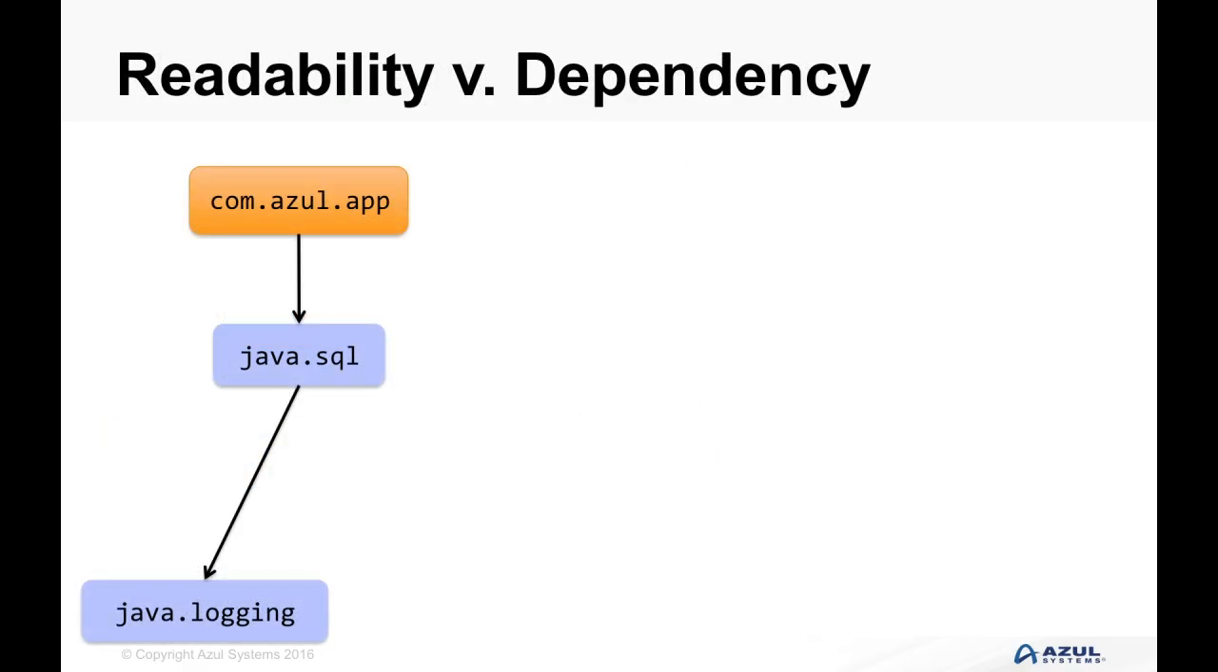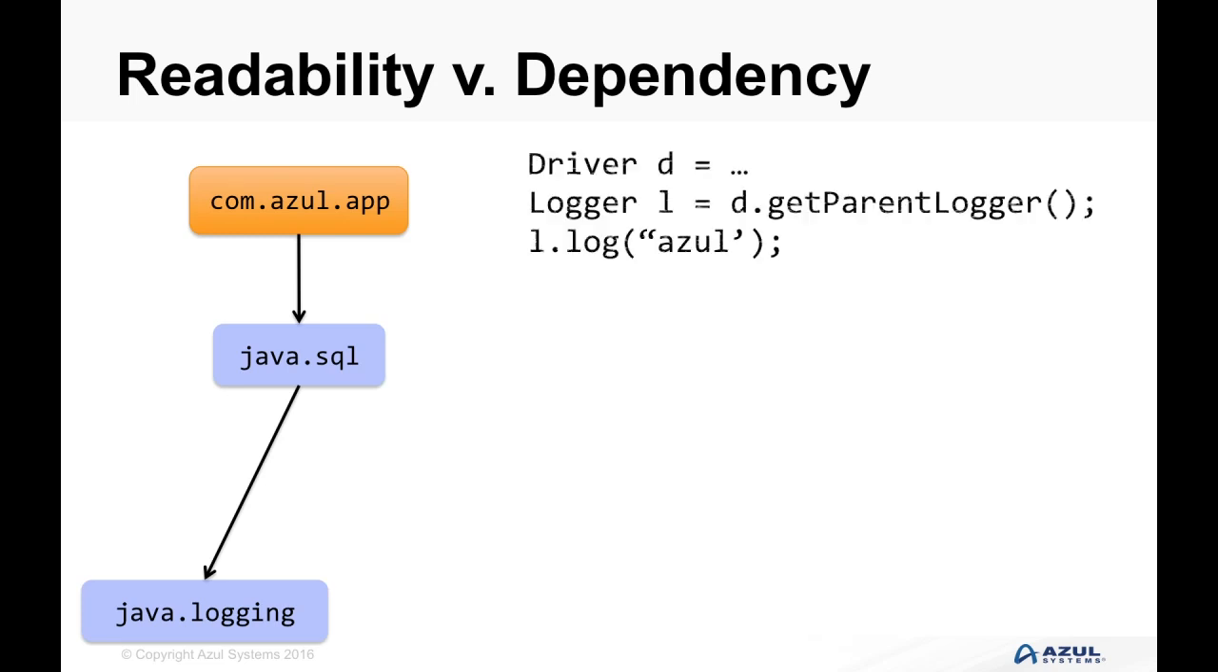What we also need to understand is the difference between readability and dependency. So here we've got our app, which depends on java.sql, and we know that java.sql depends on java.logging. And if we look at the code that we might create using SQL, we might have a situation like this. We create an SQL driver from somewhere, and then from that driver, we can get